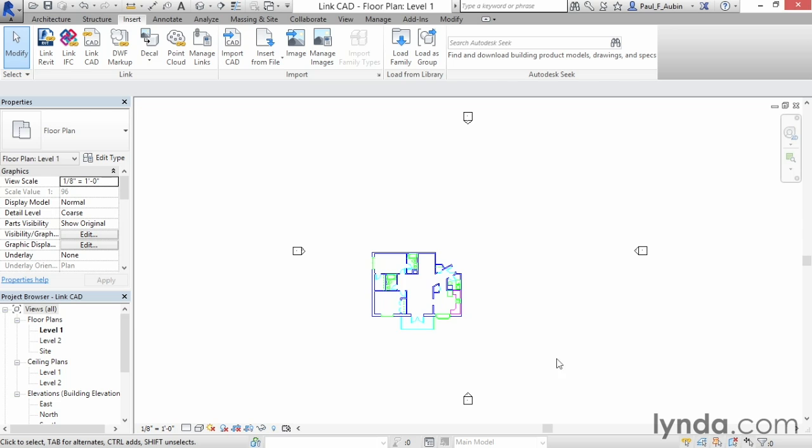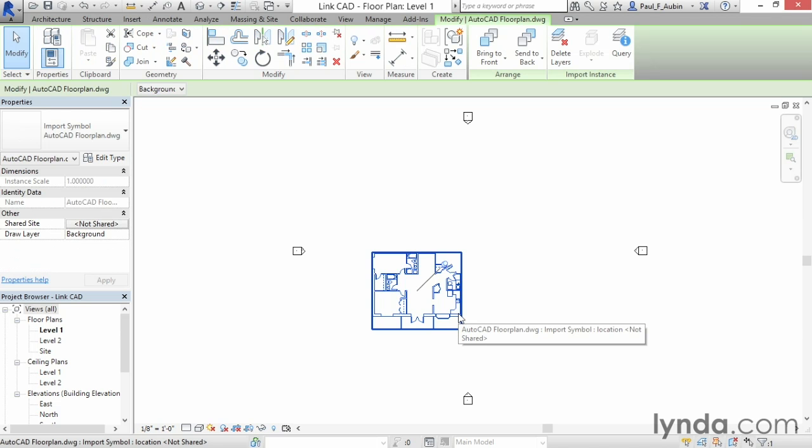Now, if I move my mouse near the file as it came in, you'll notice that it highlights with a box all the way around it. If you look at the upper right-hand corner of that box, it's right about at the center point where I indicated the origin of this Revit file was. If you click to select the file, it highlights the entire file, so it's treated as one continuous piece in